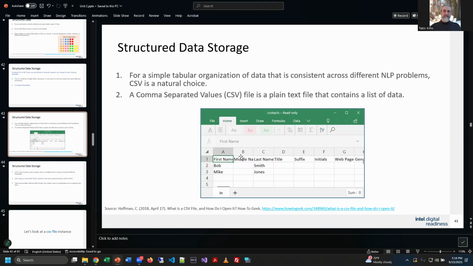We call these comma separated value files because if you were to look at it in a text editor, each piece of information would be separated by commas. For example, it would say first name, comma, middle name, comma, last name, comma for the first row, and that's the header row. Then you get into the data and say Bob, comma, blank, comma, Smith, comma, and everything is comma separated in each row. But it's basically still a table of information, and that's why Excel can read it in and put it into rows and columns. That's tabular data. There's a structure.